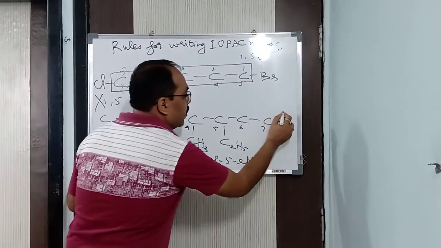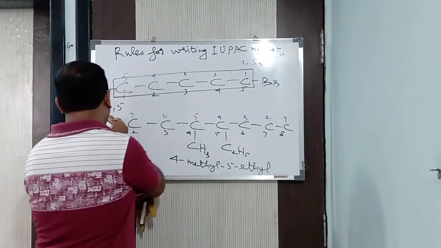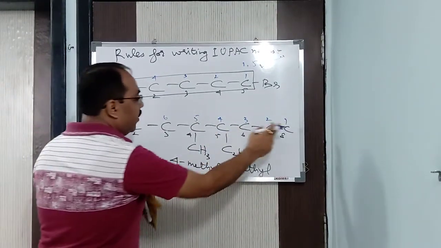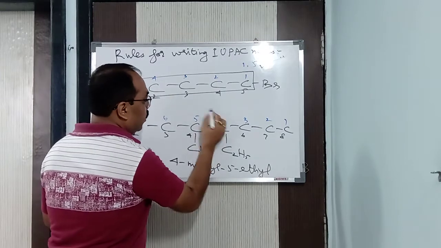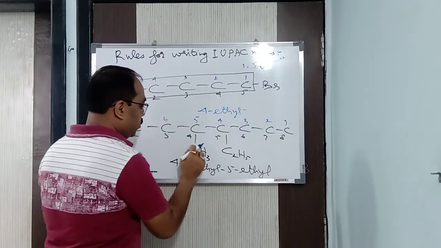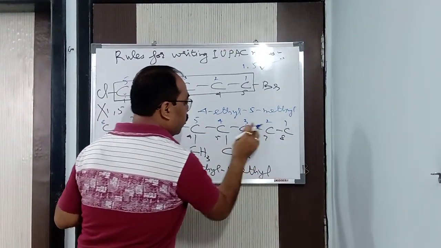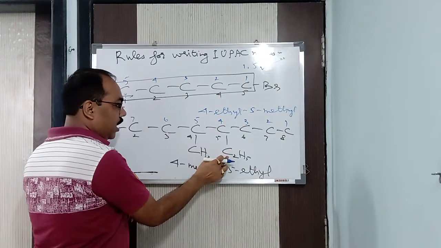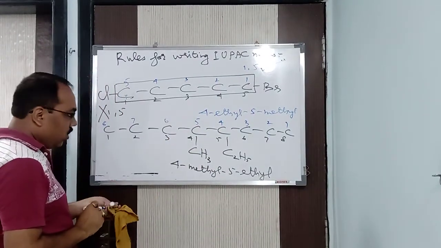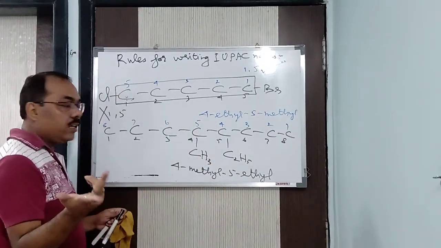Automatically my hand goes that way now. So from this end, if I do the counting 1, 2, 3, 4, 5, 6, 7, 8. Now I have to see which is correct. Should I count from this direction, or from this direction? If I count from this direction, what do I get? In blue, 4th position ethyl and 5th position you can see methyl. Can you see it, all of you? 4th position I get ethyl, blue one you see, and 5th position I get methyl. So, same thing, 4 and 5 locants, either way is the same.